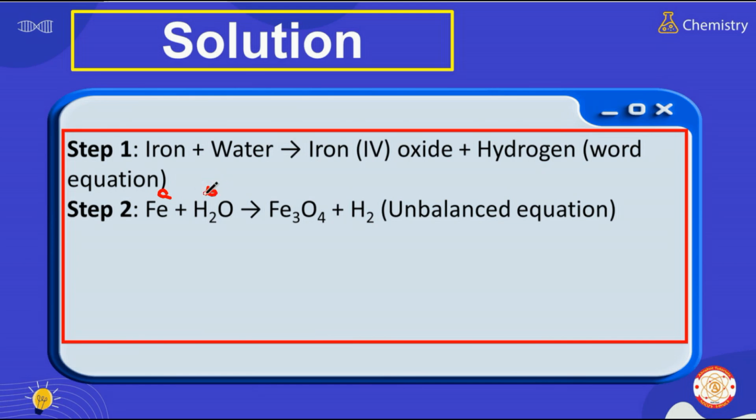I'm going to assign coefficient A for iron, B for water, C for iron peroxide, and D for hydrogen. So these are going to be the coefficients. Remember, why do we balance a chemical equation? We balance a chemical equation so that the law of conservation of mass is satisfied, right? For iron,